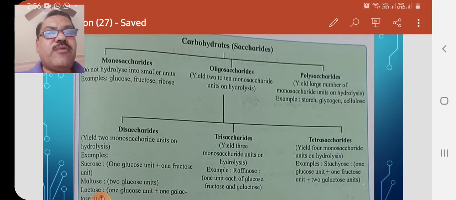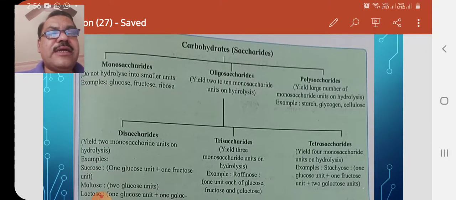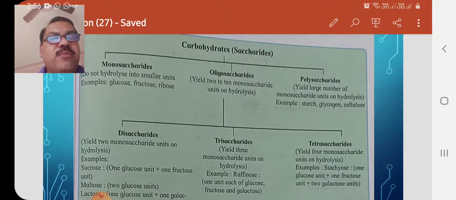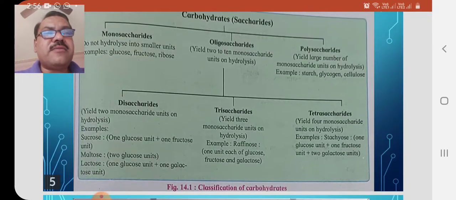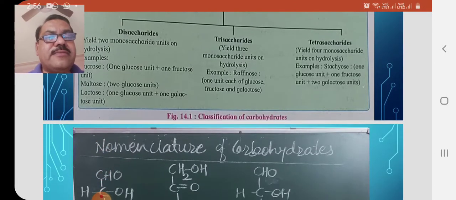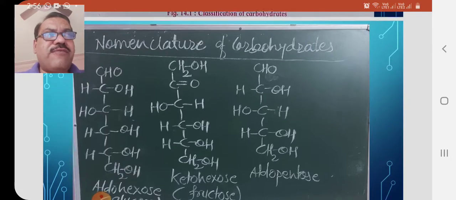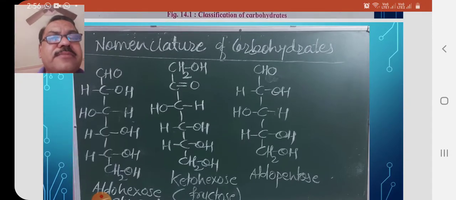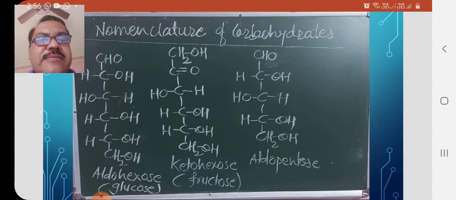Now we are mainly concerned about glucose. So the next study will be more of the glucose. Now, how these carbohydrates are named: nomenclature of carbohydrates. Glucose, fructose, raffinose, galactose are the common names. Now, first structure you can see, this is the structure of glucose, in which on the top there is a